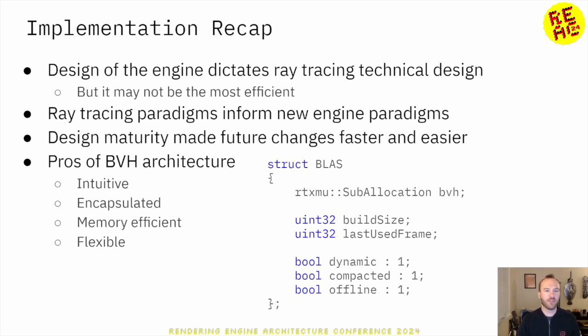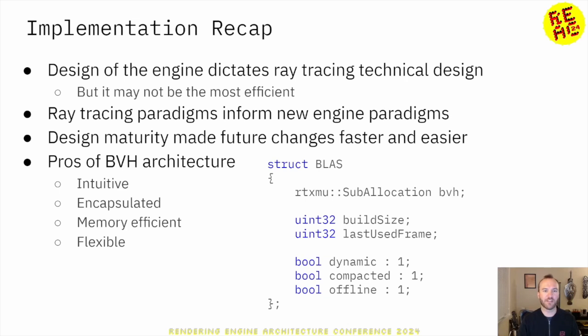And as the design was iterated on, it became easier and easier to try new and different things to see how they affected performance. The refactoring we went through led to an architecture that I believe is a solid foundation for BVH management, and which isn't necessarily specific to Diablo IV's overall design, save for the quirk of our many-to-one